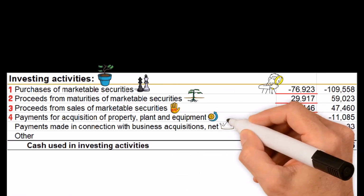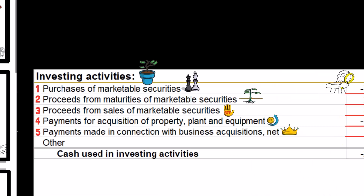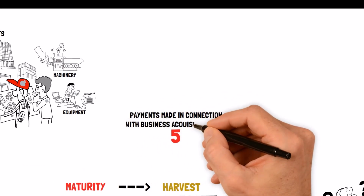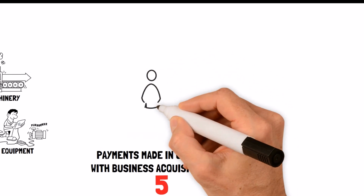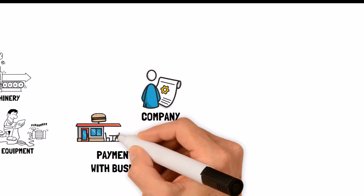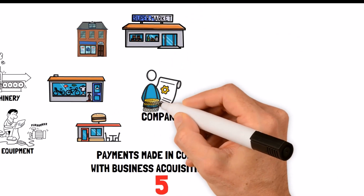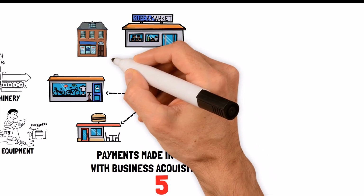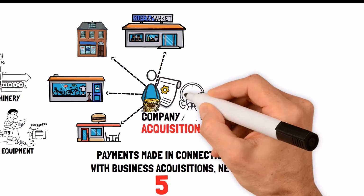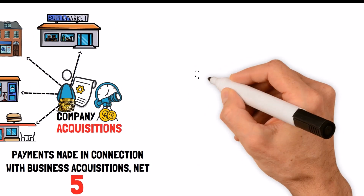Payments made in connection with business acquisitions, net. The art of growing Apple's kingdom. Payments made in connection with business acquisitions, net, represent the cash a company spends on acquiring other businesses or assets to expand its reach, diversify its offering, or strengthen its competitive position. This financial activity offers insight into a company's growth strategy and its ability to seize opportunities in the ever-evolving business